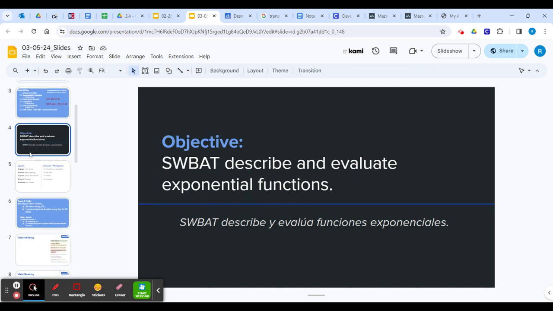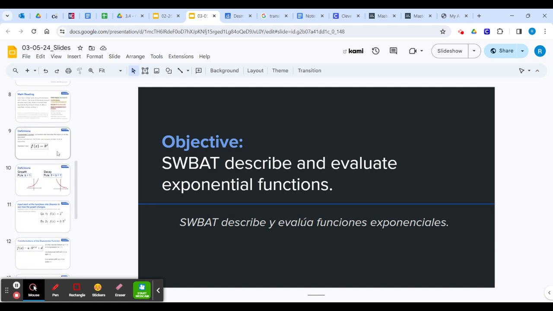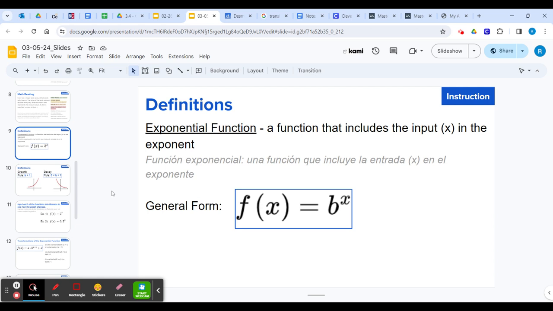We did a couple of activities in class to explore this idea, but let's start taking notes here and getting down a definition. What is an exponential function? Basically, it's a function that includes the input in the exponent. The general form it's going to take is this: there's some number raised to an exponent, and that exponent is